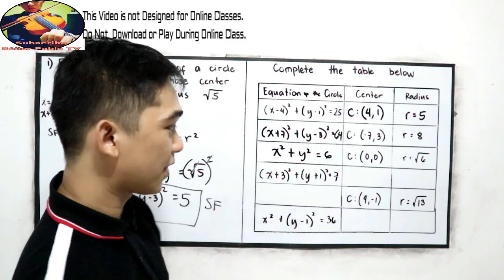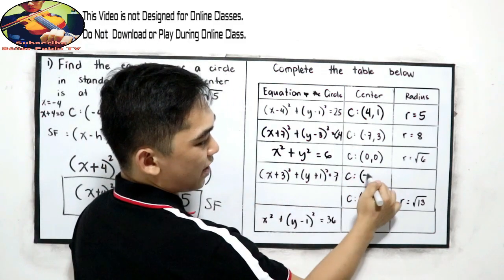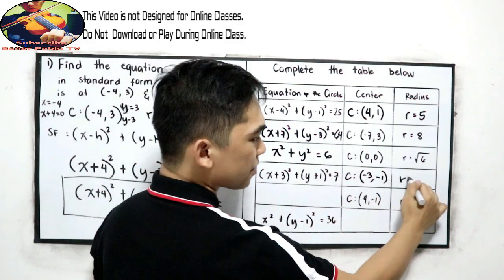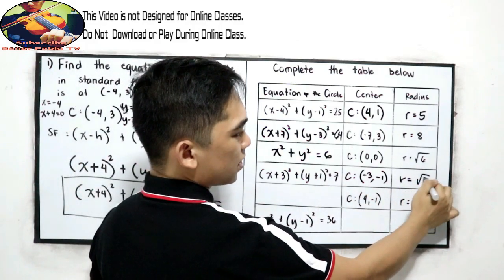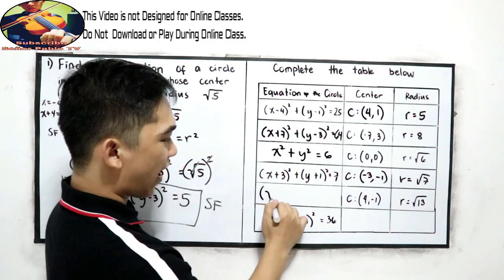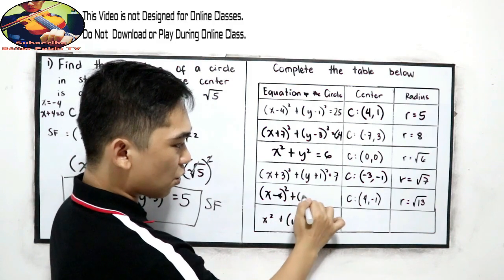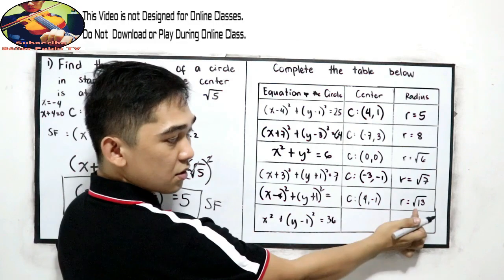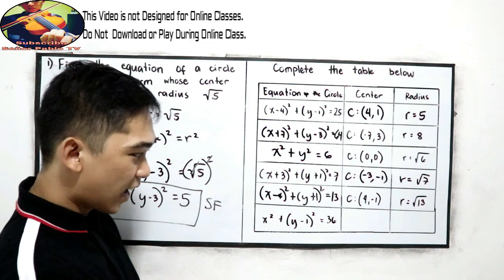Next, find the center. Change the sign: negative 3, negative 1. And the radius, get the square root: square root of 7. Next, (x minus 4) raised to 2 plus (y, change the sign, plus 1) raised to 2 is equal to the square, positive 2. And our last,